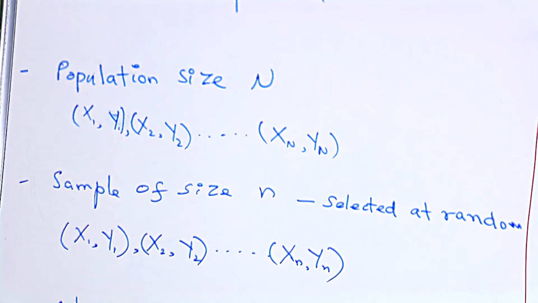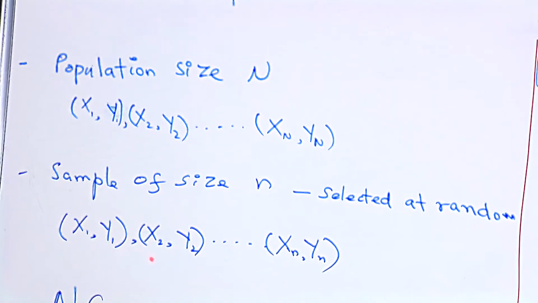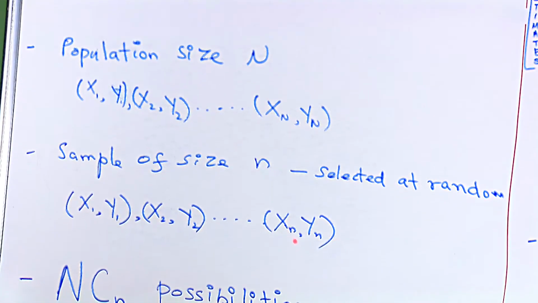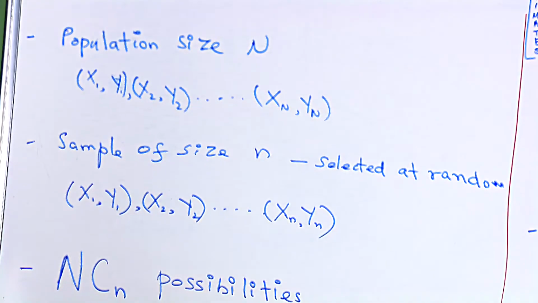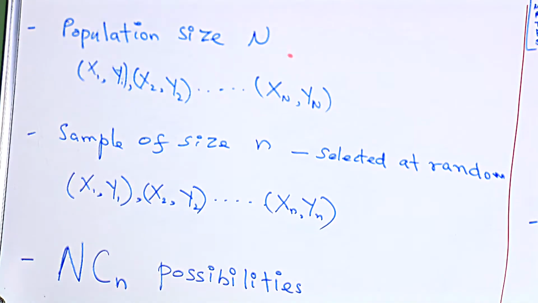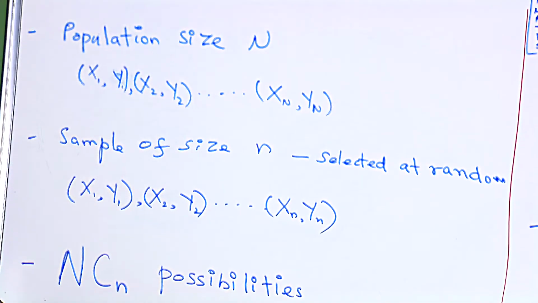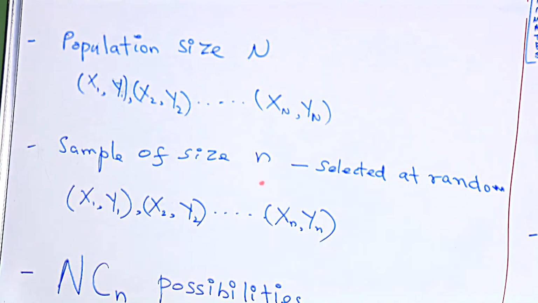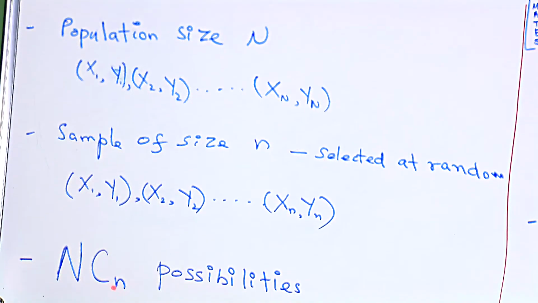Let that sample be x1 y1, x2 y2, etc., up to xn yn. So from the population size capital N, we may take a sample of small n size with NCn